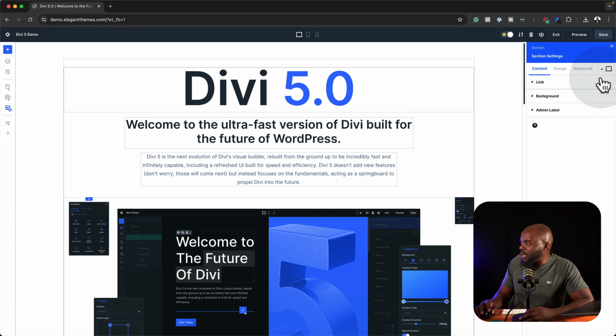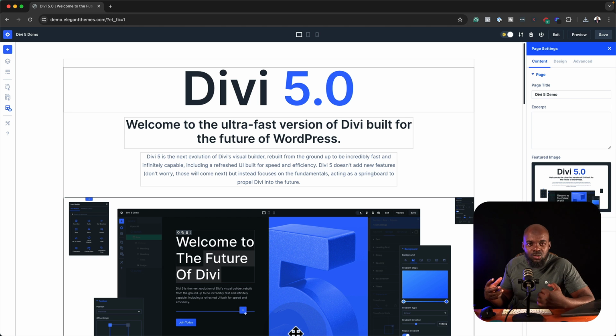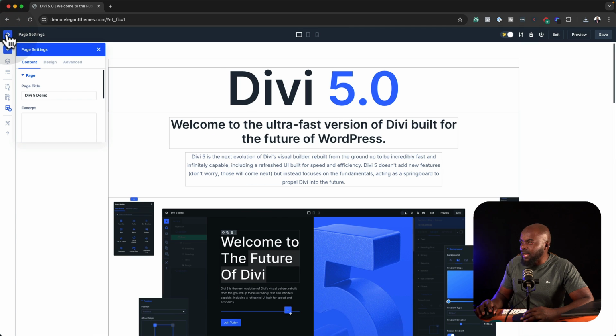So if we just go to our section settings here, and let's say you want to go to your pages, this now has become your page settings. Everything now has been put in the right places. It may take a bit of time to find out where things are, but within, I'd say, half an hour, you'll have pretty much adapted to this, and it'll be very easy for you to find where everything is. But I really like this because here with the page settings,